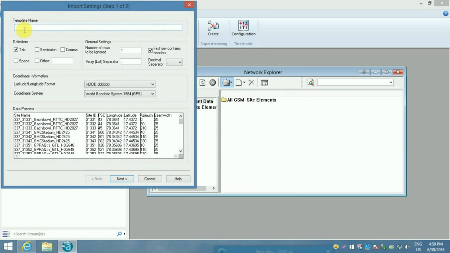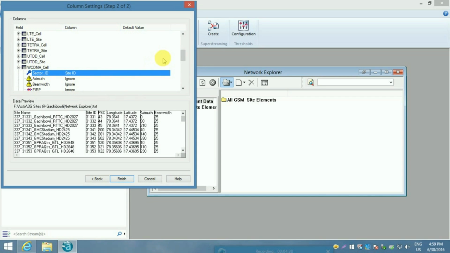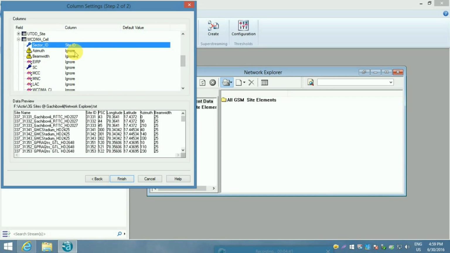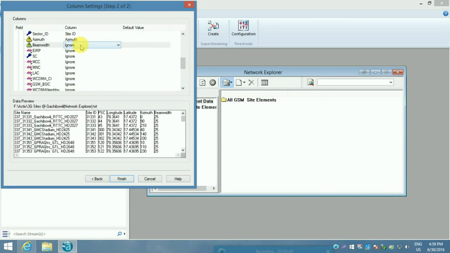Fine. Open. We need to save the template name. Next. These are the settings which are to be configured. Sector ID refers to the ID of a site. Azimuth refers to the angle of the sectors of a transmitter.